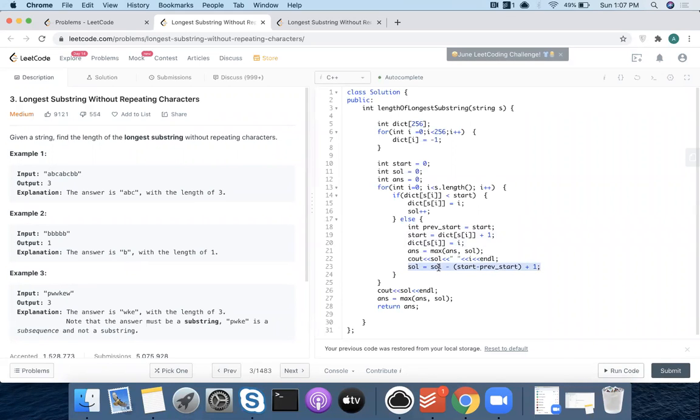So current solution minus, after incrementing the start pointer, previous start position minus the current start position: you remove that substring from the current solution and add +1. So the usual stuff like we discussed, and at every step I'm finding the max, and then I return the max.